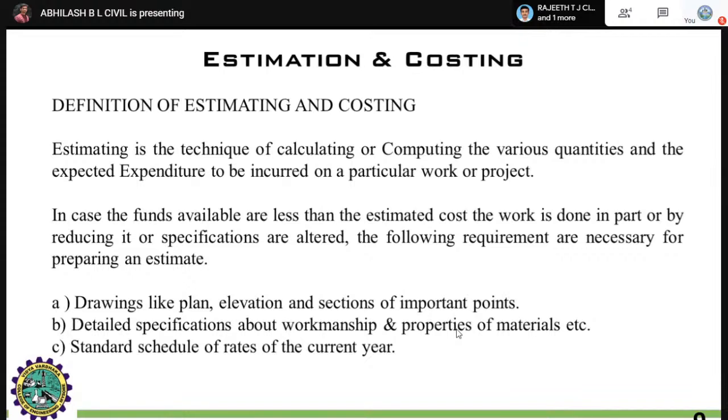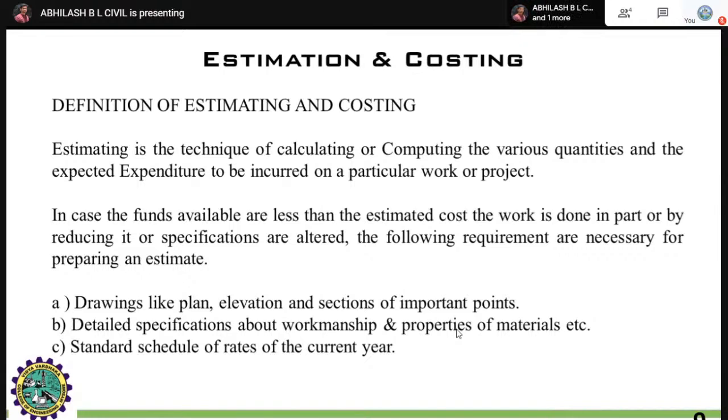Next, per individual material. If you procure sand, you always procure sand in cubic meters. That is the volume of the particular material. That is called a cubic meter. Like this, units will differ with respect to different materials. If you go for brick, you will identify individual bricks. A single brick costs around 7 to 10 rupees. This is how you will identify the cost and estimation of your materials in the particular bill of quantities. That is called BOQ.